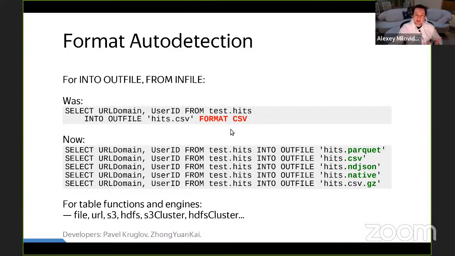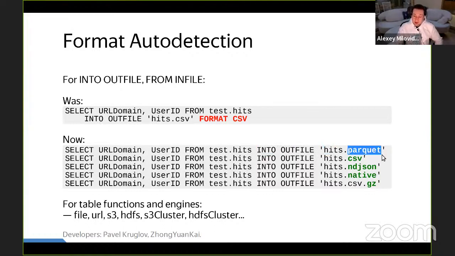Now it is not required, and the format will be auto-detected from the file name. So you can just write select something into outfile something.parquet.